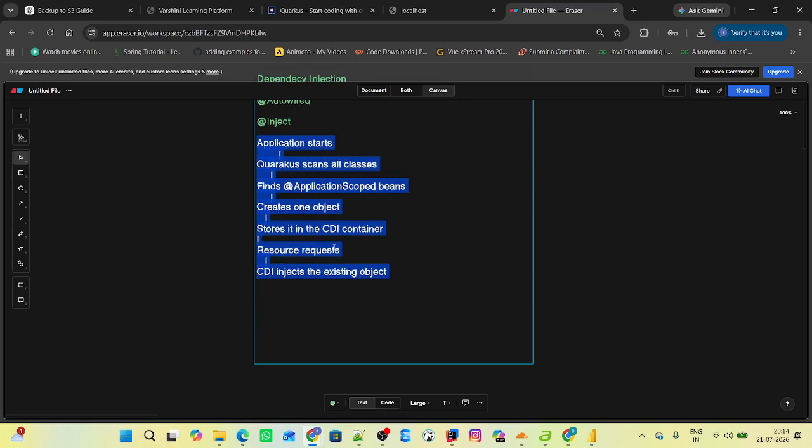Whenever I discuss the example, at that time I will show you how it is working. You don't create the object yourself by using the new keyword or new operator. Everything is managed by the @ApplicationScoped annotation. Now I'm going to give one simple example. After that, I will discuss more on annotations like @Path, @Inject, and @ApplicationScoped. So in IntelliJ, for example,